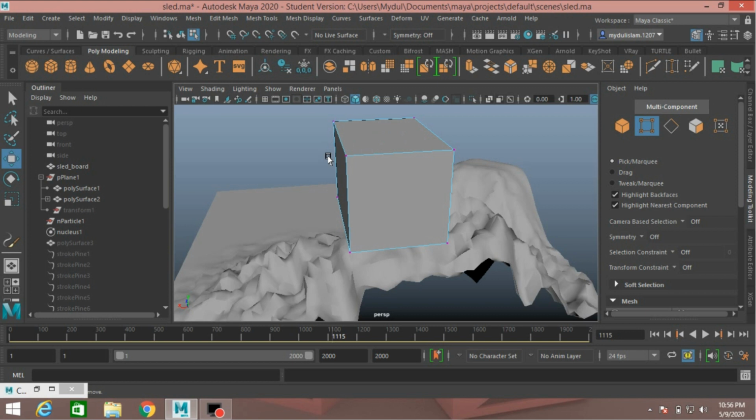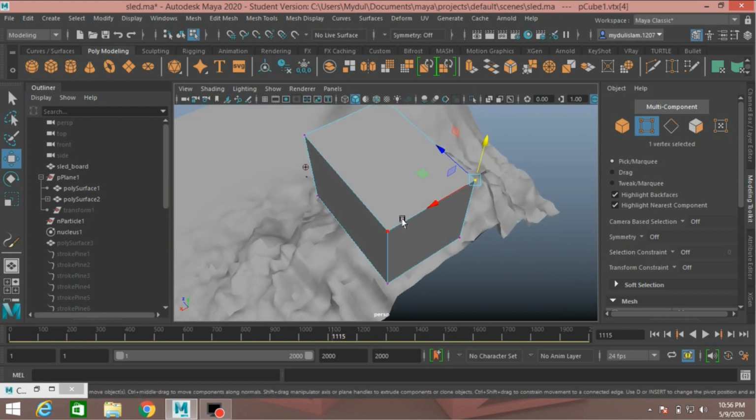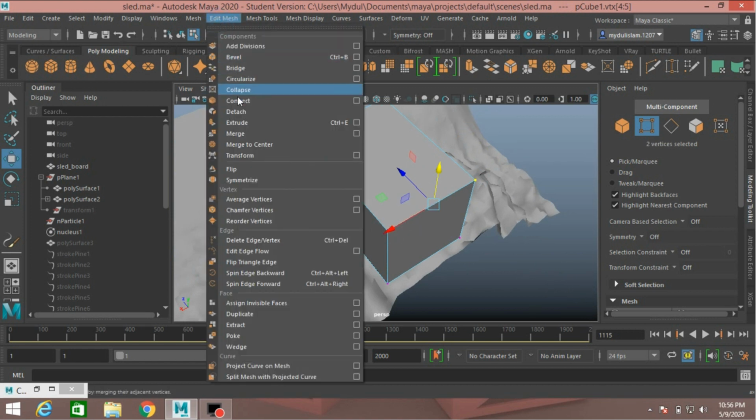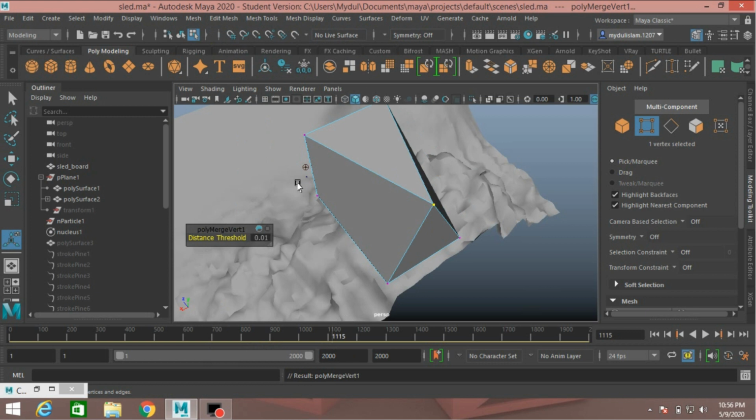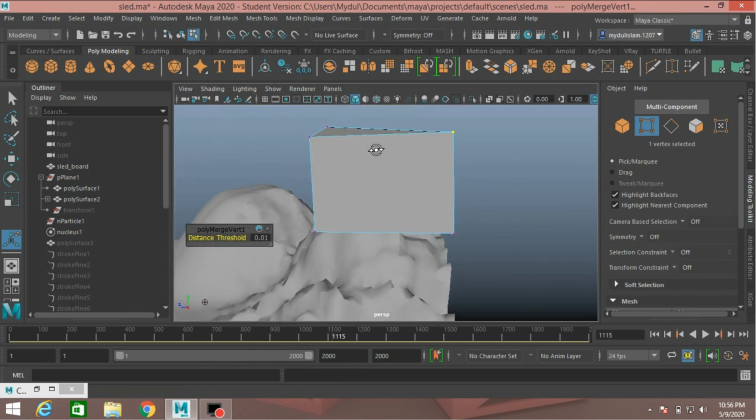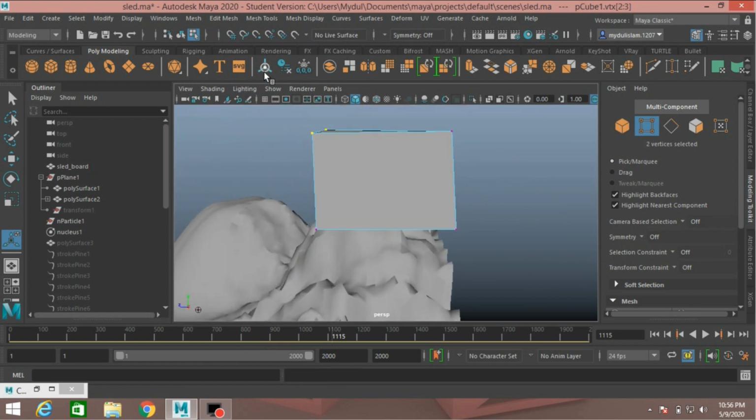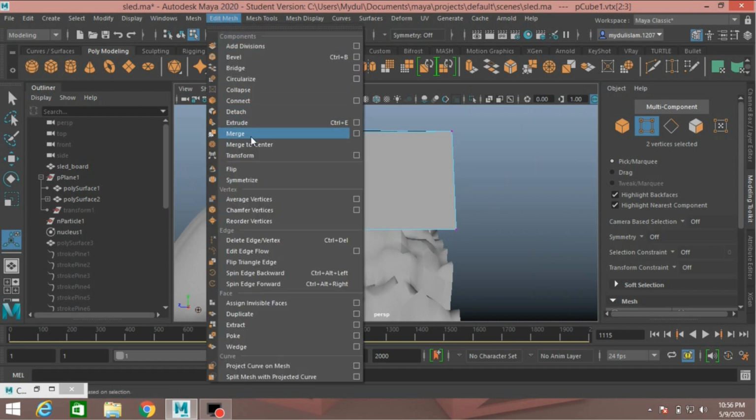Now go to vertex mode, select these two vertices, select this vertex, shift select this vertex, go to edit mesh, click merge vertices. Select also these two vertices, edit mesh, click merge.